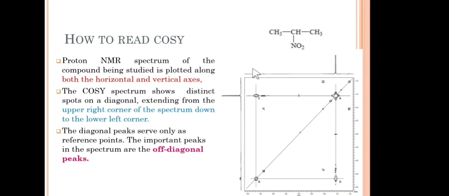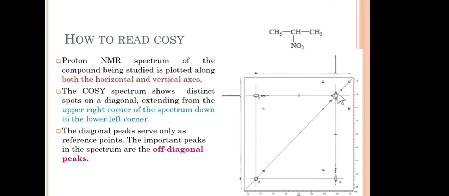The first peak is of CH3 and the second peak is of CH. So friends, you can see that the same peaks we are plotting on the vertical line. This is a 6H doublet and this is a 1H quartet or multiplet. Now these peaks are of no importance, but we can still use them for the correlation. So what we need to do now is search for the peak on the diagonal part. Over here we have one peak.